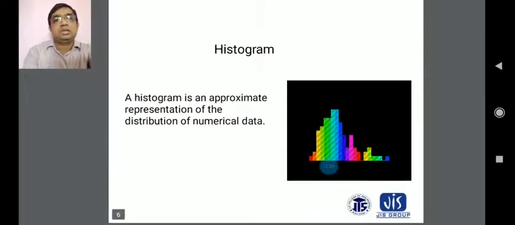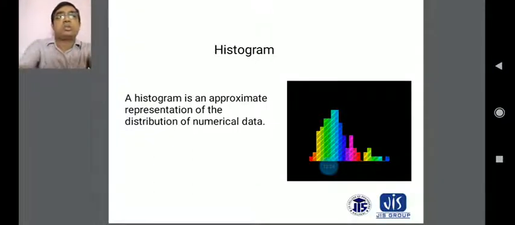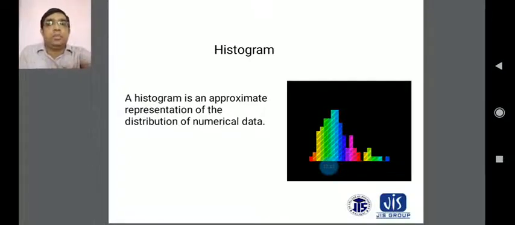And another tool is the histogram. Basically, the histogram is another important tool, and the histogram is an approximate representation of the distribution of numerical data. Your numerical data is represented, and it is required for the distributions. Whether the product is of good quality or bad quality, and your customer satisfaction, all these things you have to consider using the histogram, and this data will be put on the histogram.